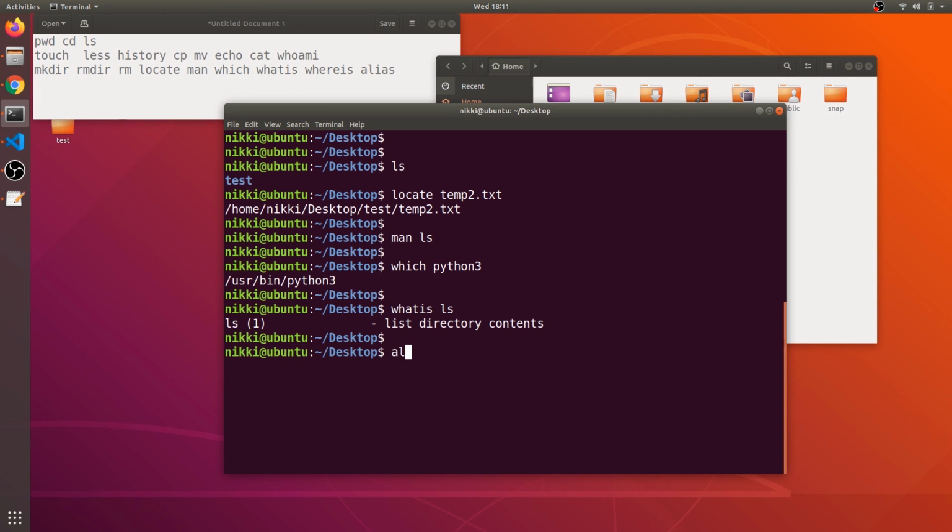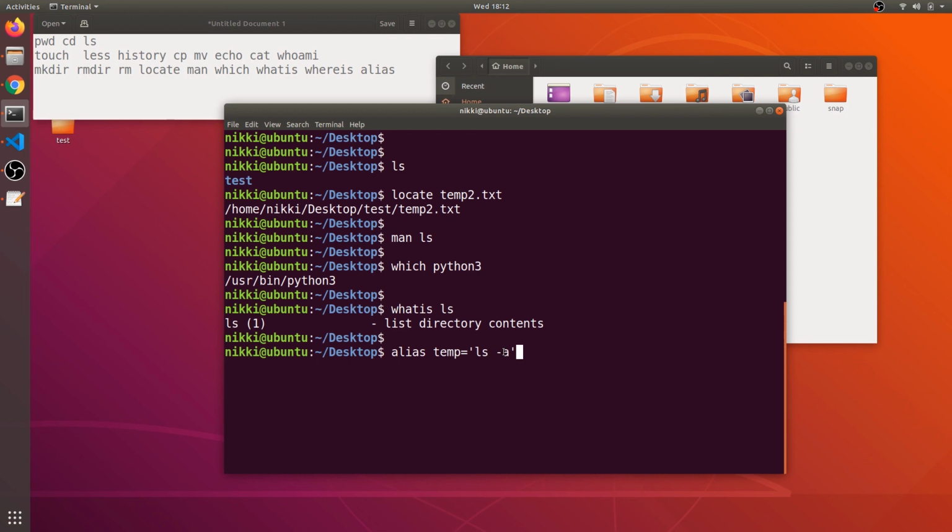And there is another command, alias. So what if I say alias temp equals ls -a. So ls -a shows us the files and folders including the hidden directories. Hidden directories are the directories or folders that start with a dot.